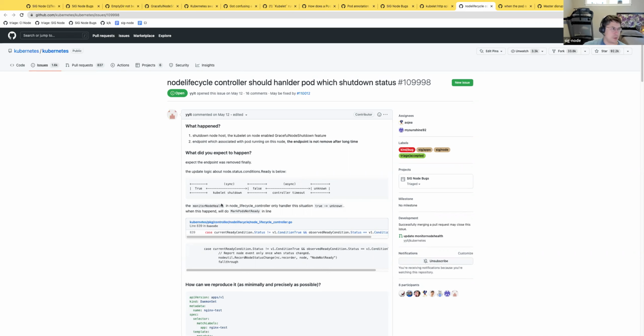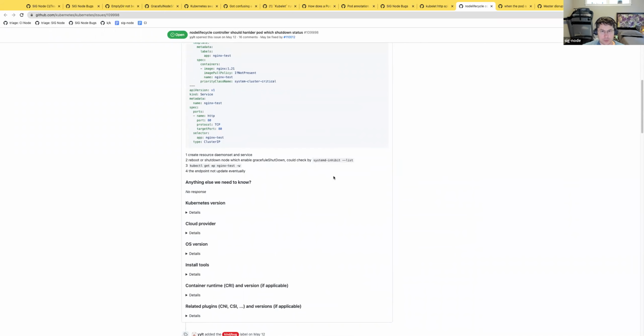There is some race between the node controller and pod, and when a pod is being terminated, endpoints are not always being removed. Something like that.